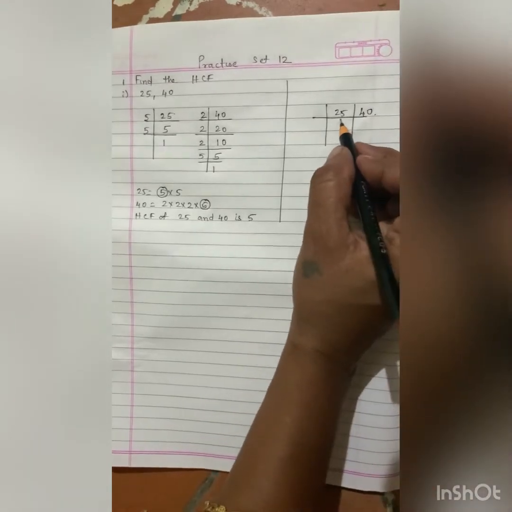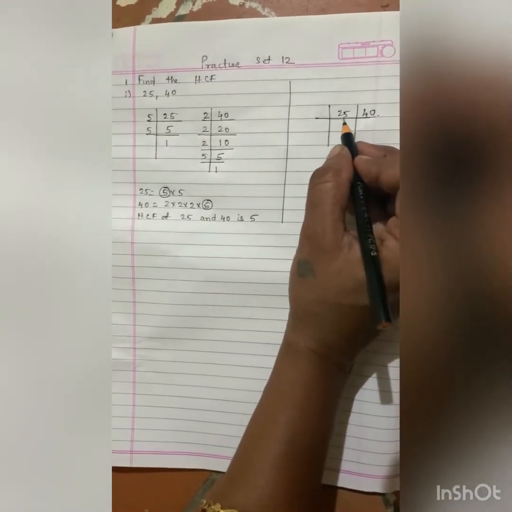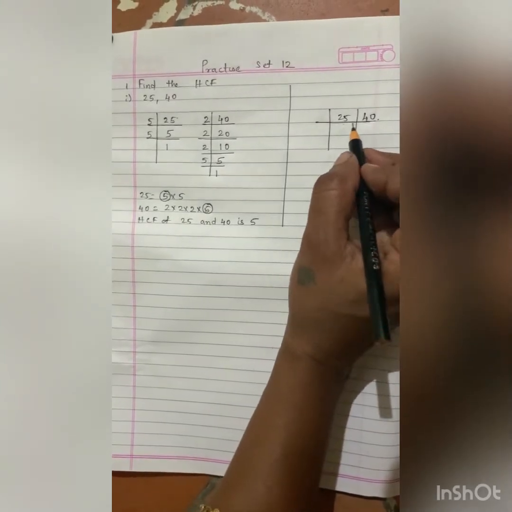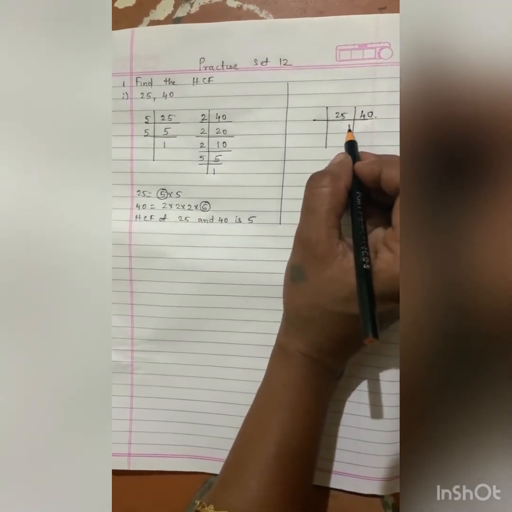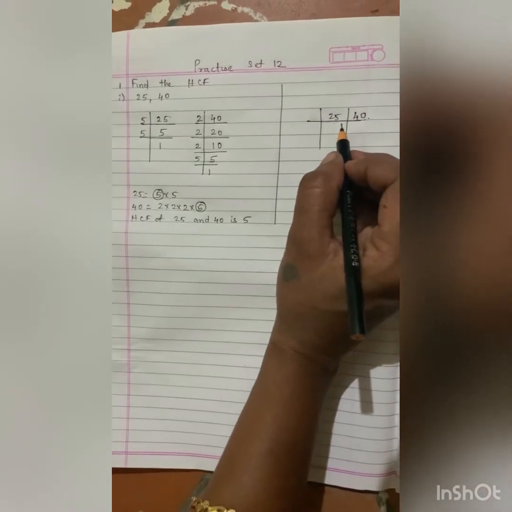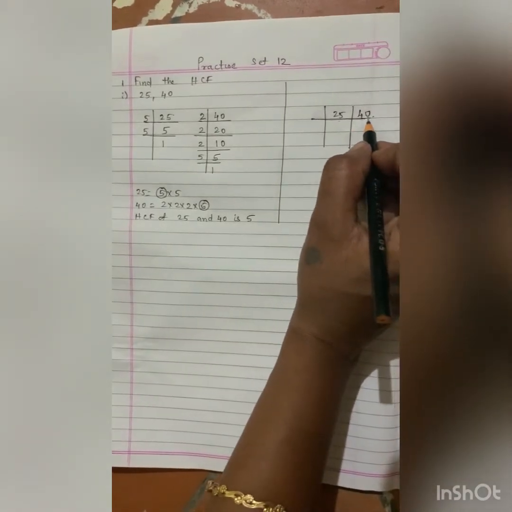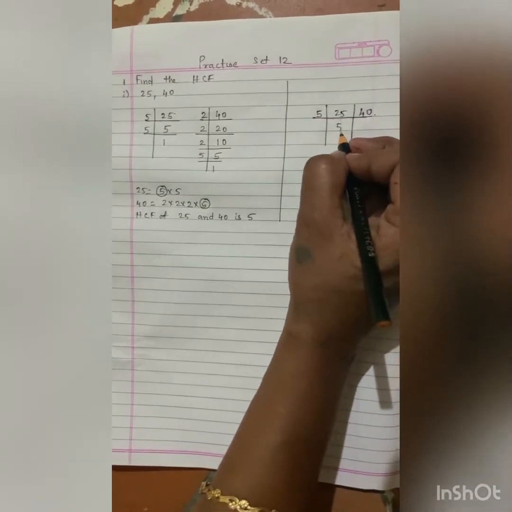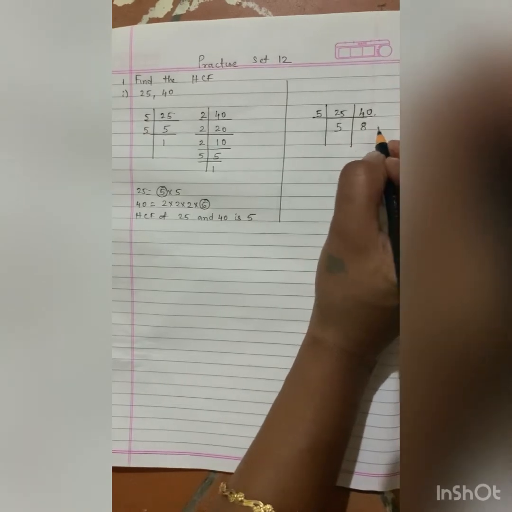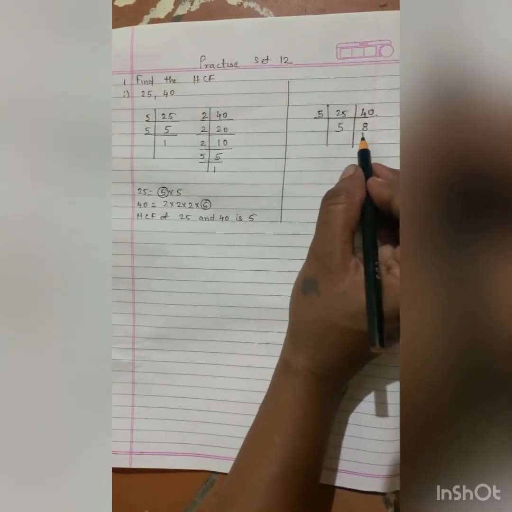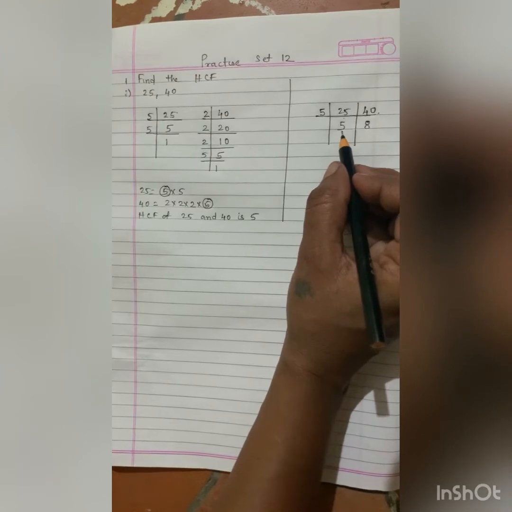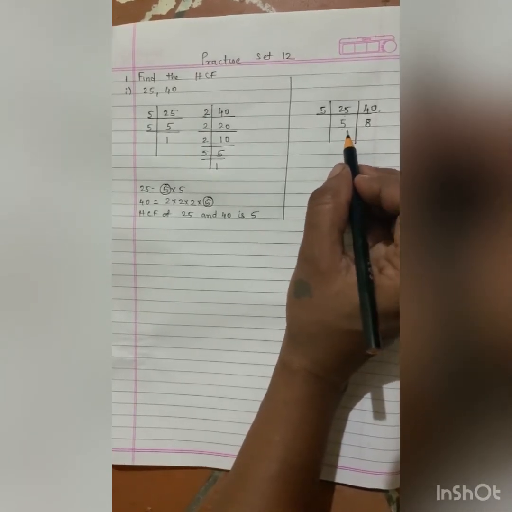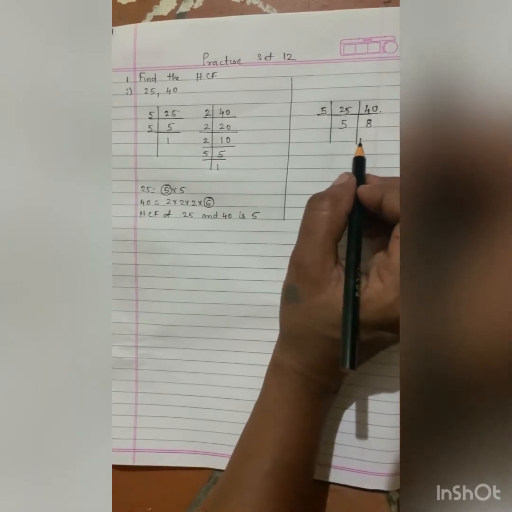Okay. Now here 25 and 40, we have to see if both numbers are divisible by the same number. Now one is an even number, the other one is an odd number. So we have to find a number which divides both. Here if you see, the unit place 0 is there, here 5 is there, so it will go in the 5 table. 5 5s are 25, 5 8s are 40. Again we have to see if both numbers go in the same table. But 5 will go only in the 5 table, 8 can go in the 2 table. So we cannot find any common number over here, so we can leave it.